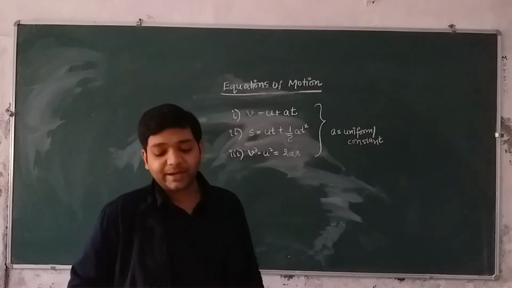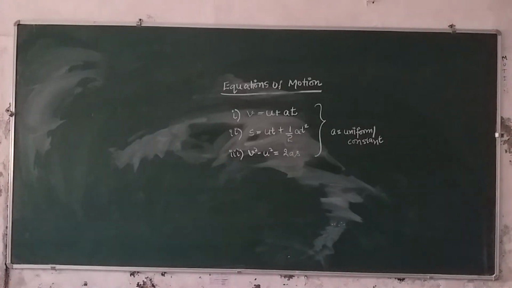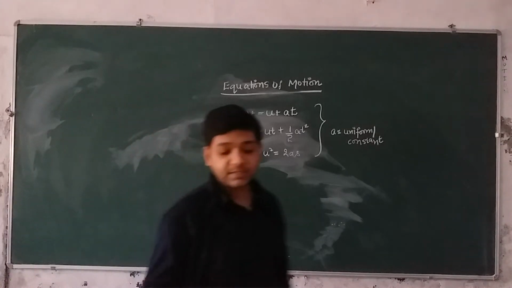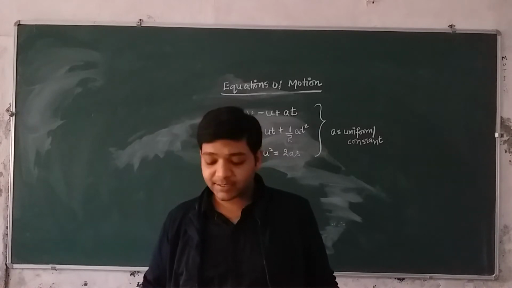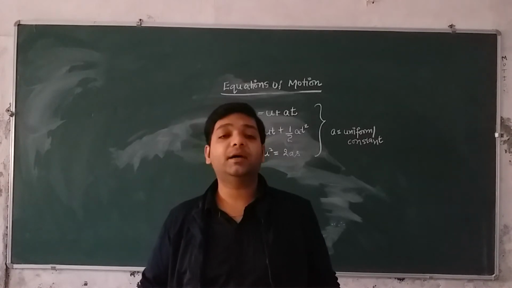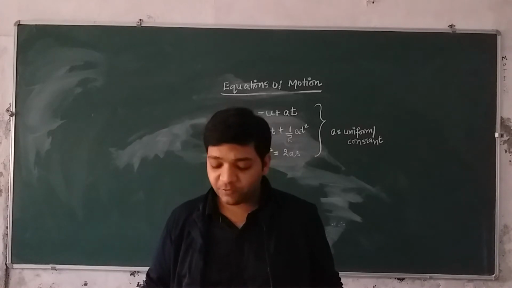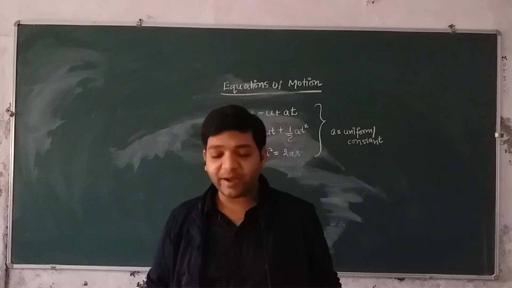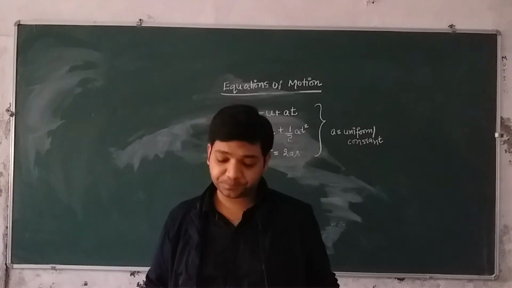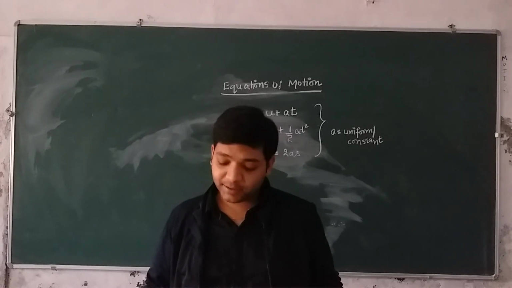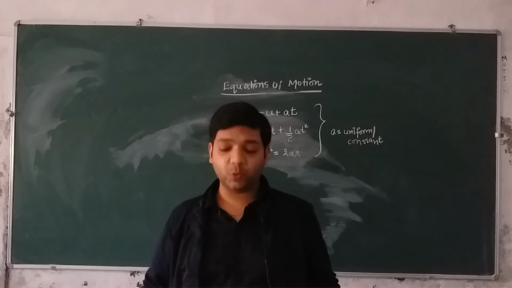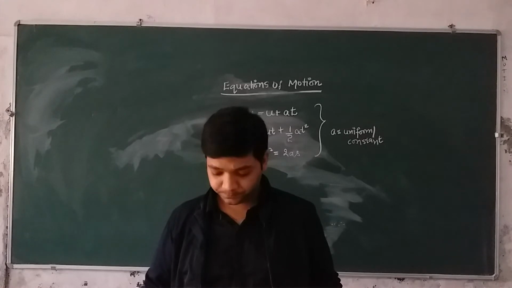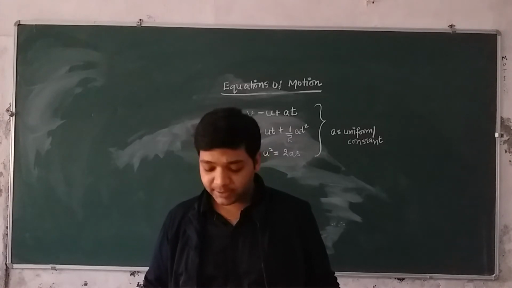Please write down the first question. The first question says: a racing car has a uniform acceleration of 5 meter per second square. Full stop. What distance will it cover